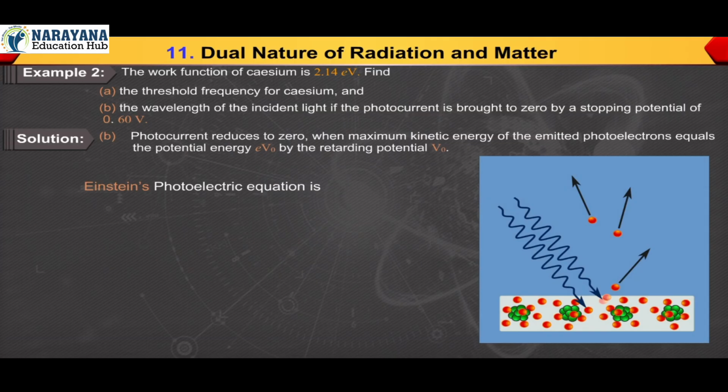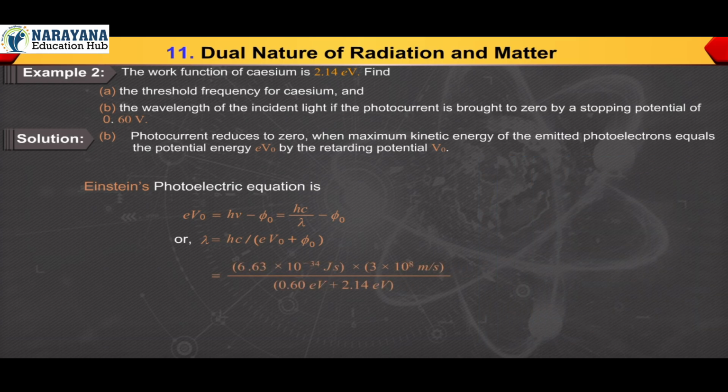Einstein's photoelectric equation is eV0 is equal to hν minus φ0 is equal to hc upon λ minus φ0, or λ is equal to hc upon eV0 plus φ0 is equal to 6.63 into 10 raised to minus 34 joule second into 3 into 10 raised to 8 meter per second upon 0.60 electron volt plus 2.14 electron volt is equal to